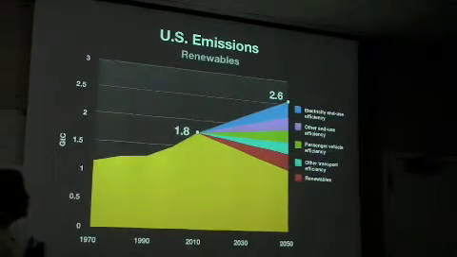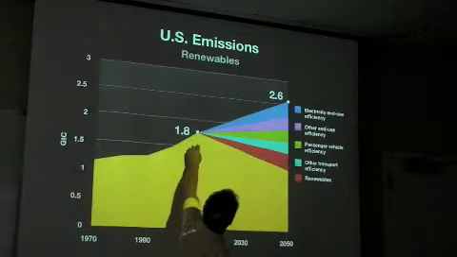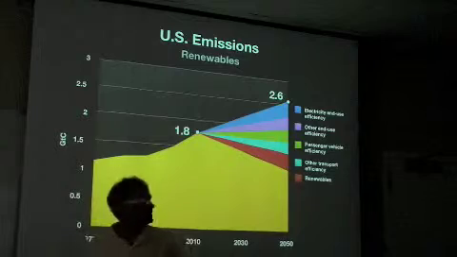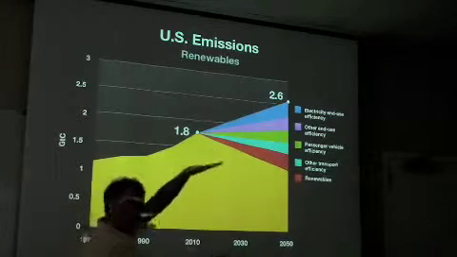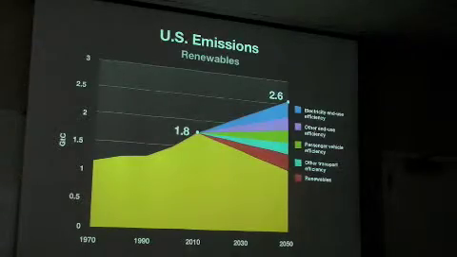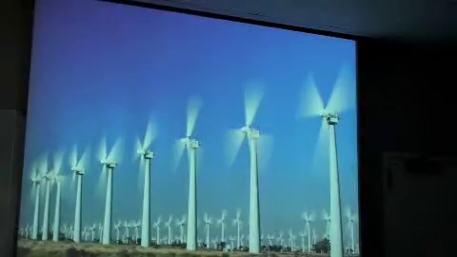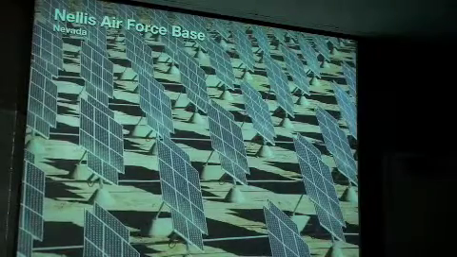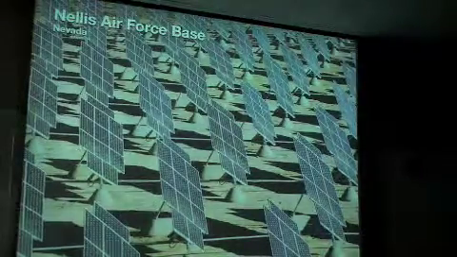Now look at this, renewable energy. If we were to start really aggressively pursuing renewable energy, look at this now. That jaw of the alligator is coming down. We're solving this problem, right? That's what we need to be doing. And whether it be wind turbines or solar panels or whatever it is, these are things that we can actually do.